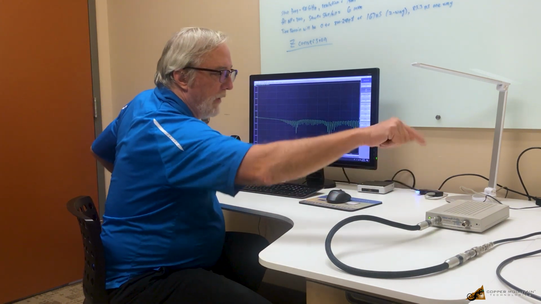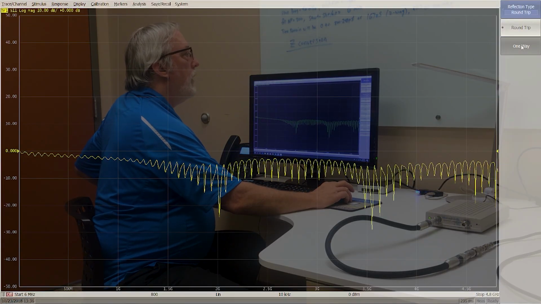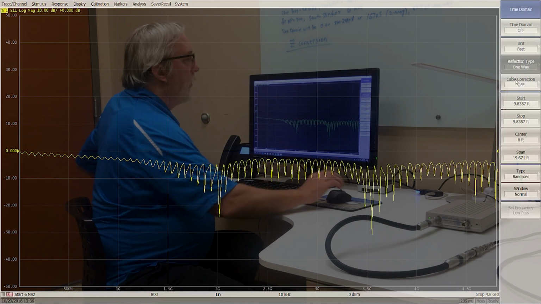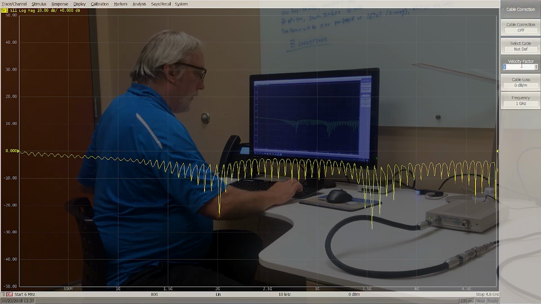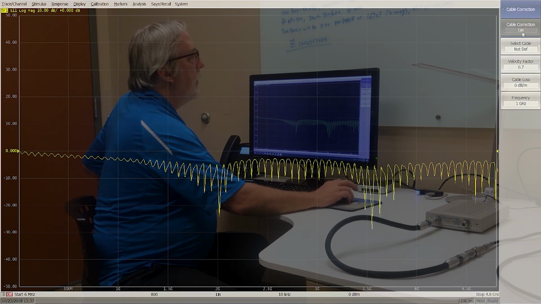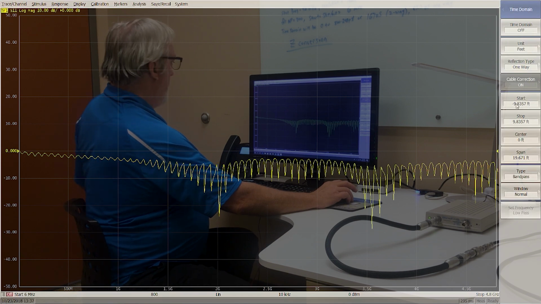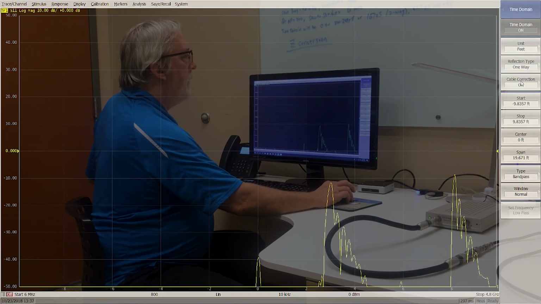I want to know what's happening at each distance. I don't want twice it, so one way. I'm going to turn on cable correction. That'll get me the correct distance versus time. The velocity factor for Teflon is about 0.7. I'll turn that on. And now I'll turn the time domain feature itself on.